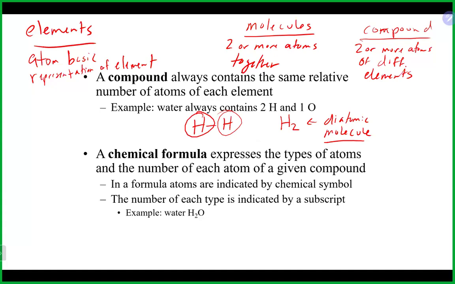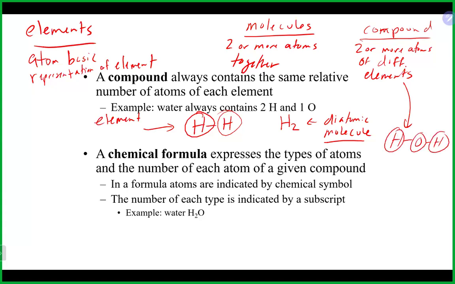Hydrogen, though, is actually not a compound because both atoms here are the same element. So it is not considered a compound. It's actually considered, in this case, an element, because it has only atoms of the same element involved. So we have only hydrogen atoms involved here. That's an element. And because it's two or more hydrogen atoms together, it's considered a molecule, but again, it is not considered a compound. While water, on the other hand, here, which is H2O,